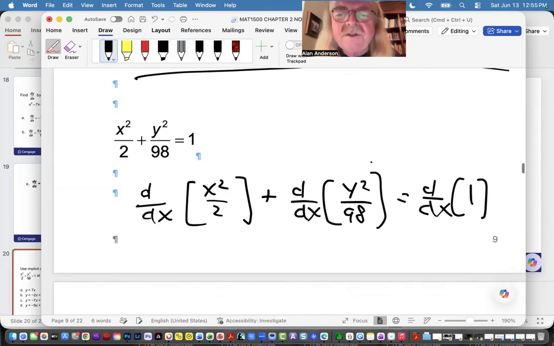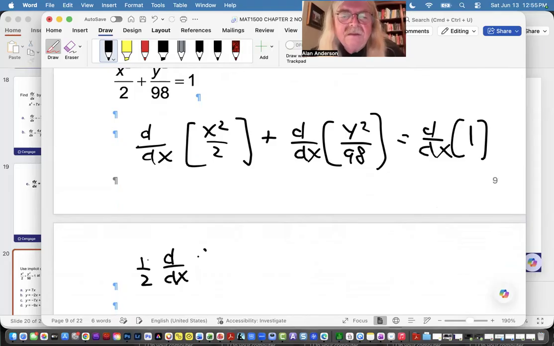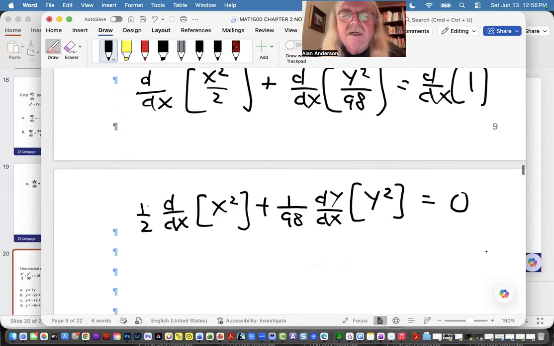All right, well, two of the three terms will be very simple. The first term is a function of x squared, so we'll just use our old friend, the power rule. First, let's simplify a little. And the right-hand side is just 0. Oh, sorry, I did not use this notation correctly. That's better. Okay, so we'll have 1/2 of x